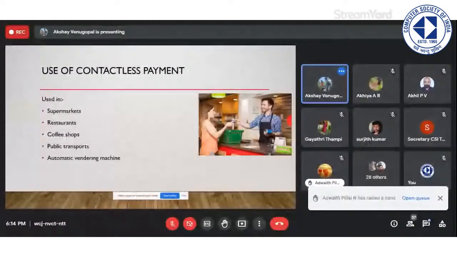Next comes the use of contactless payment. Where can we use contactless payment? We can use it across supermarkets, restaurants, coffee shops, and public transport. For example, in the UK, we can pay for our train journey this way. In automatic vending machines, and we can also have toll receipts across the